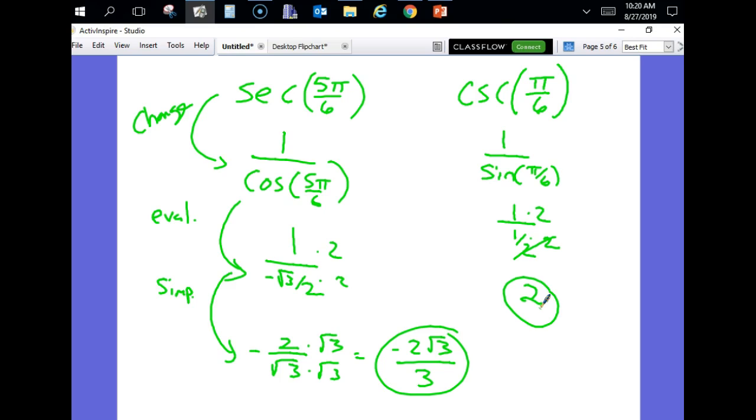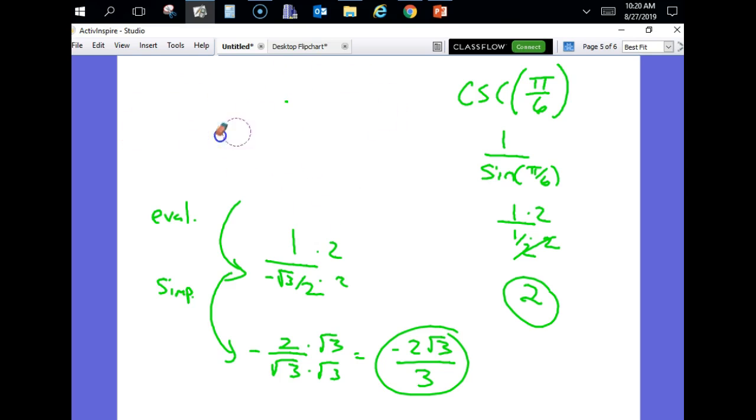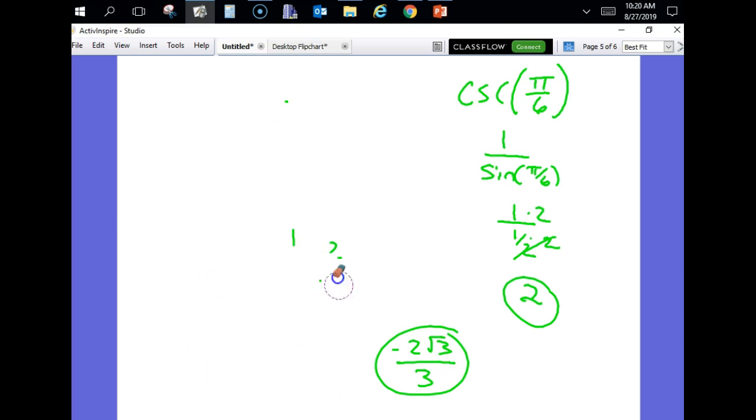Let me throw another one at you, and then after that, guess what we're doing? We're taking it up a notch. Wait, can I get the other one first? This one? I'll leave it for you. All right, cotangent of